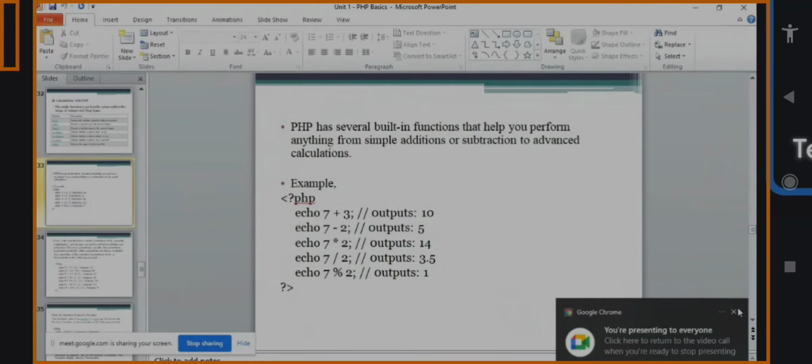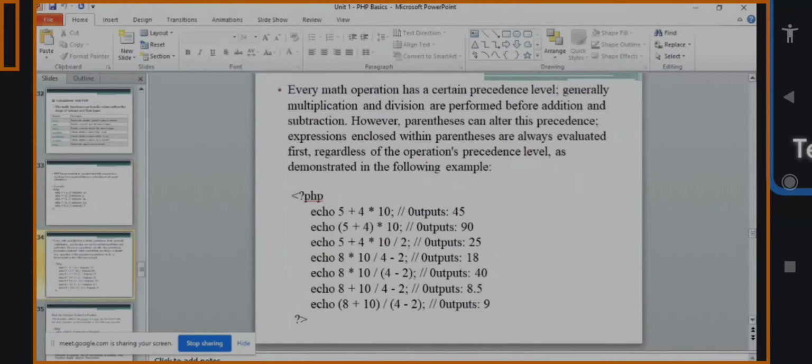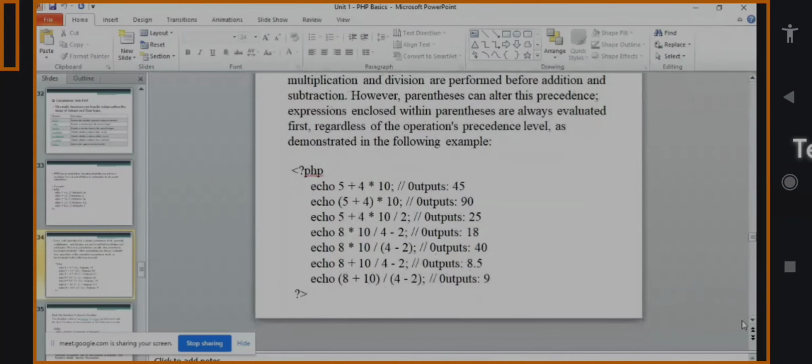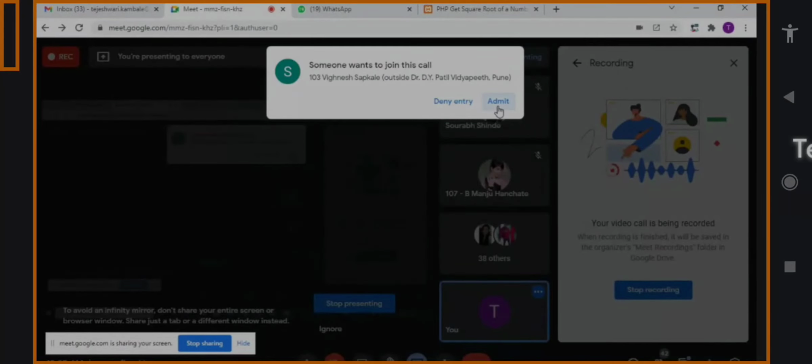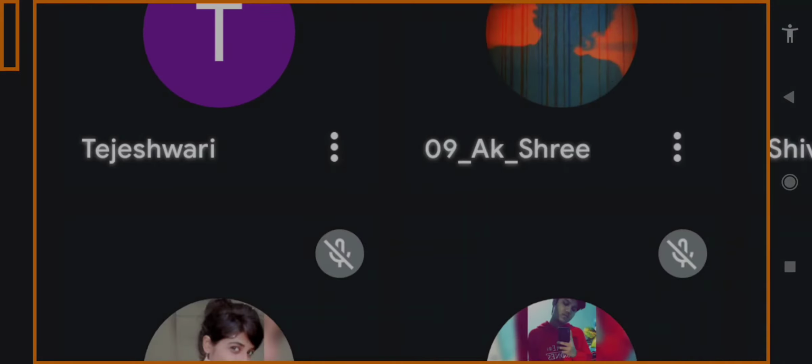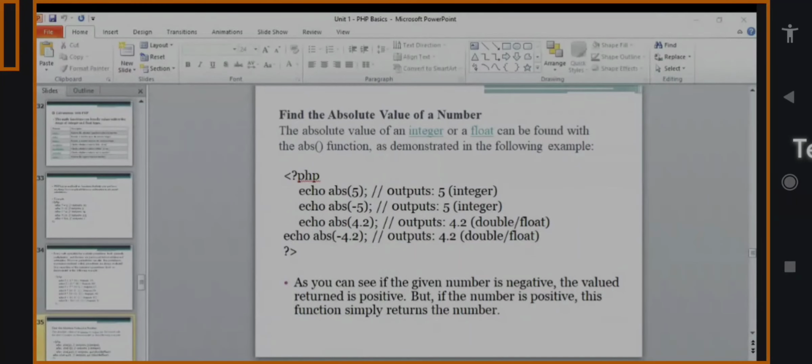So the next topic is... if it is usable. Yes, ma'am. Okay.